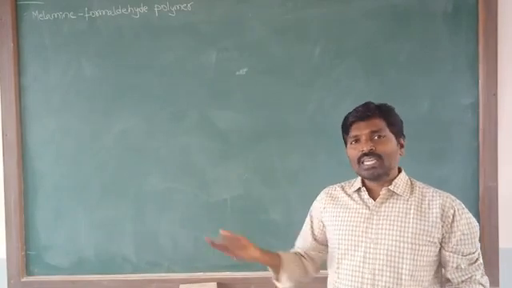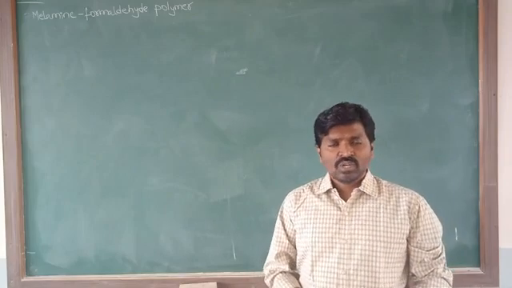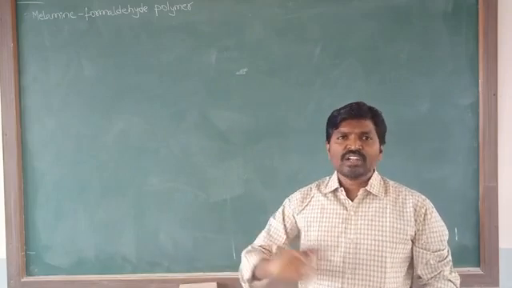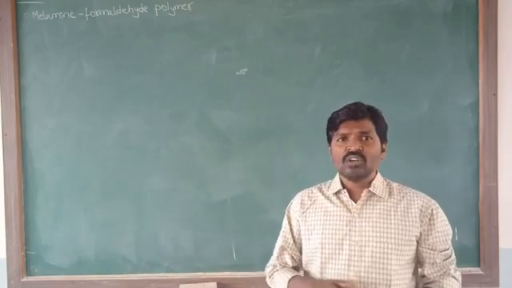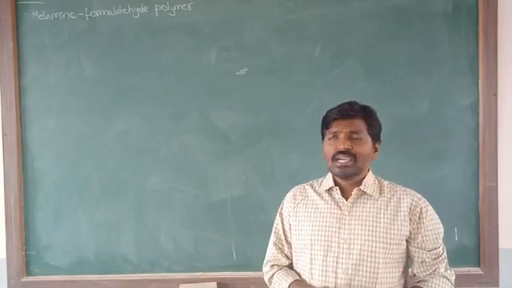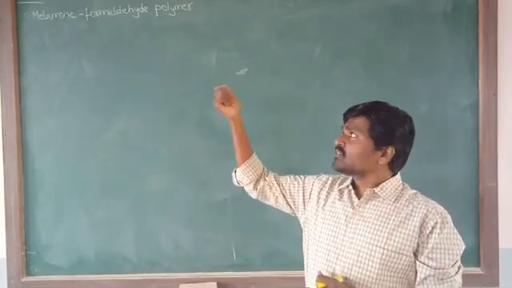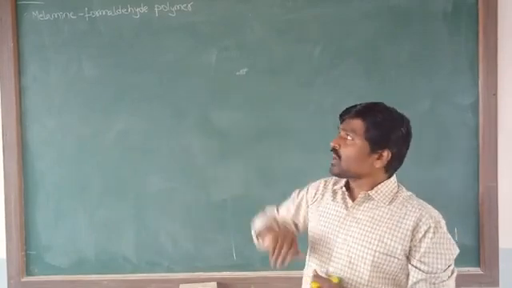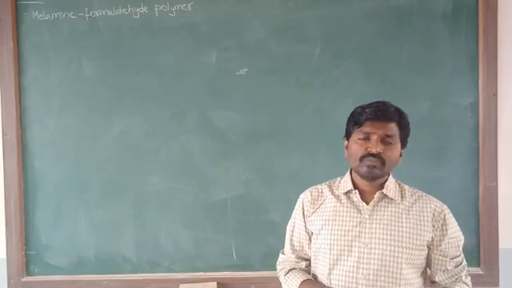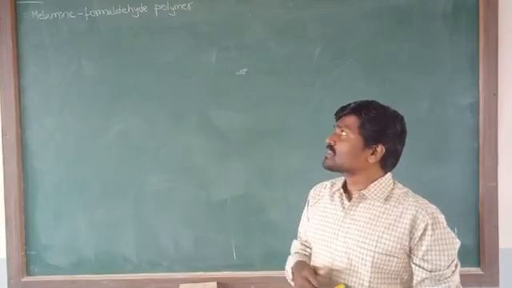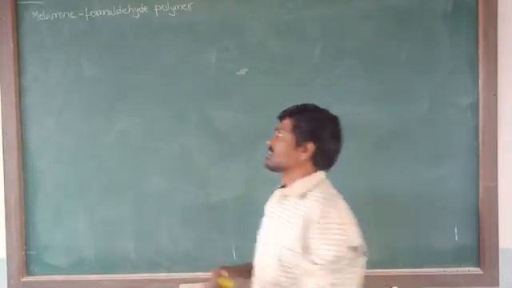By condensation polymerization. Now we are taking different types of monomeric units here. Whenever the reaction is carried out between melamine and formaldehyde, at that time this polymer is formed. Now, what are the monomeric units we are taking for the preparation of this? I will write the monomeric units here.